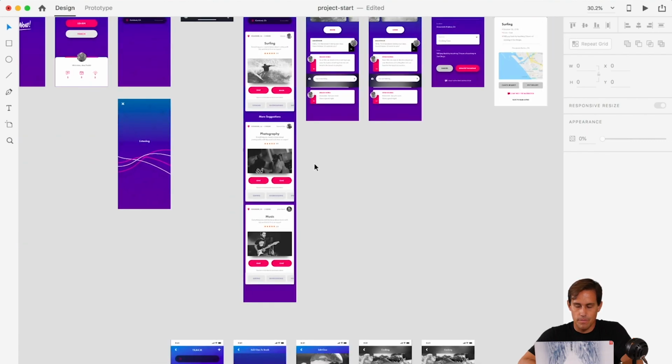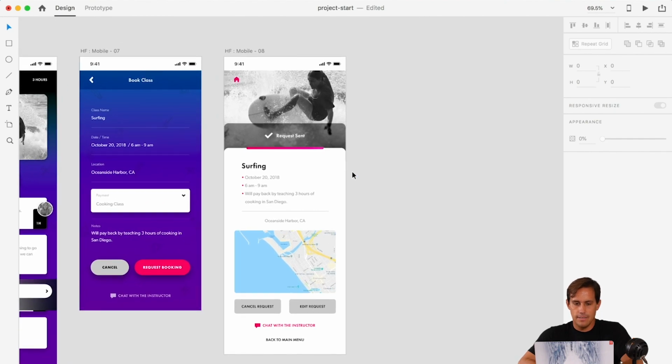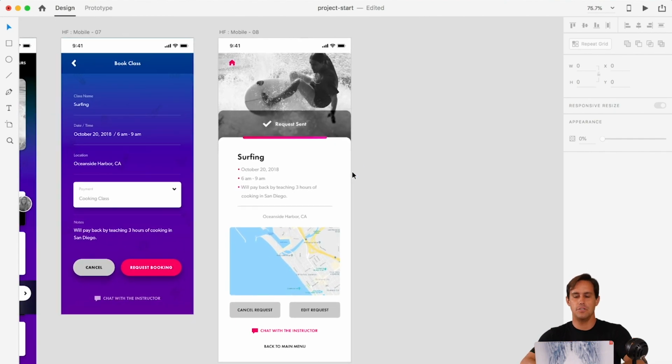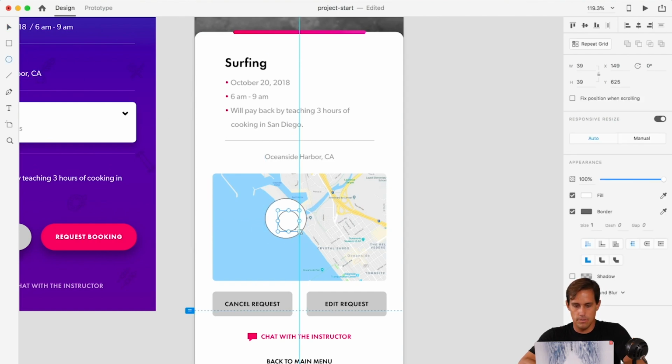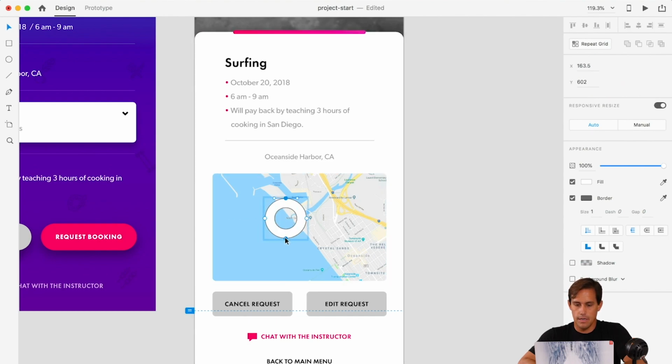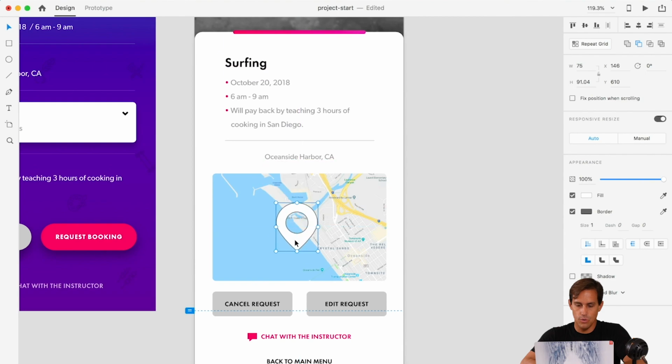Pretty powerful, pretty useful. Before we stop designing stuff here and jump more into prototyping features, let's learn how to use Boolean operations to create a pin icon on this area. I can draw two circles, select both by holding Shift, then align them. I'll use Boolean operations in this case to subtract, double click to access the anchor point, double click on that anchor point to get rid of the handles,